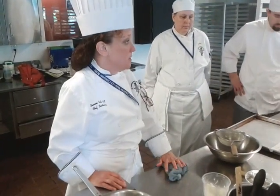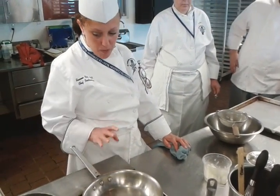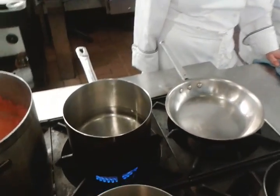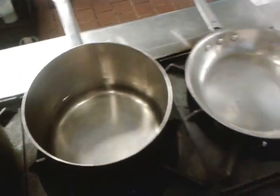All right, taste that. It's practical, but you're also going to see it on the final exam. So paying close attention to this part of it is going to be key, right? So my water, I'm going to get that going and simmering. I want my water level to be about that high. And the reason why is that,